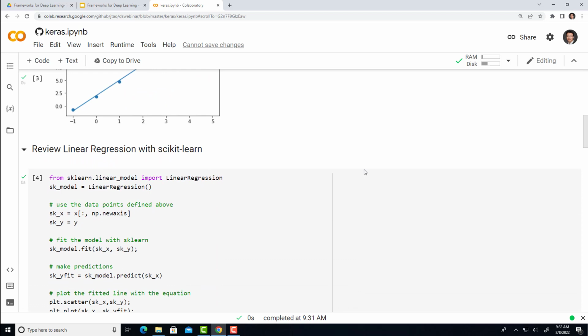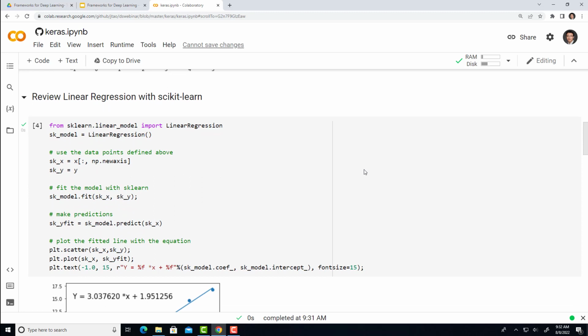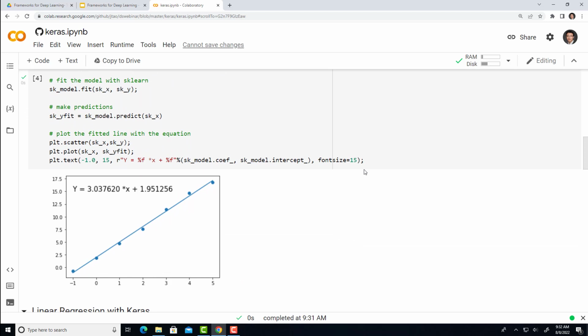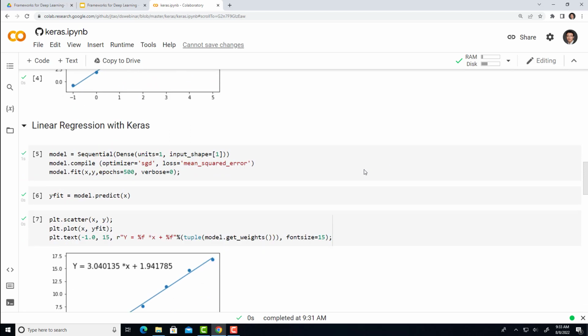For the scikit-learn package, which will be covered in another module, the linear regression model could be easily done by simply calling the linear regression function. Here I just show this example as a reference. You can check the module on machine learning, where we'll talk about scikit-learn and other tools to do the very simple linear regression. But for this module, we are looking at linear regression with Keras.